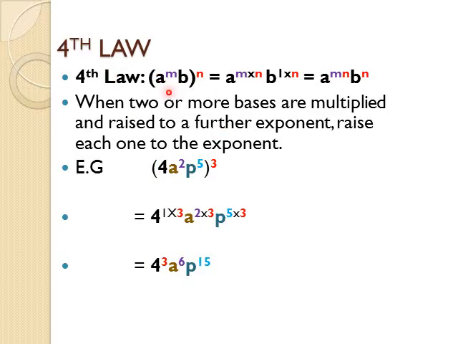Look, the fourth law is now when I have more than one power or more than one base in the bracket. So I have a to the power m and b to the power 1. Remember, there's an invisible 1. That's raised to another exponent. Every base inside must be multiplied with the exponent outside. Very important. So there, a to the m times n, b to the 1 times n, becomes a to the m n, and b to the power n. So when two or more bases are multiplied and raised to a further exponent, raise each one